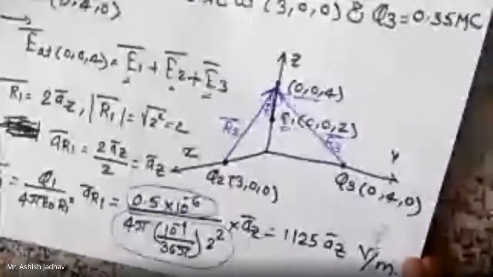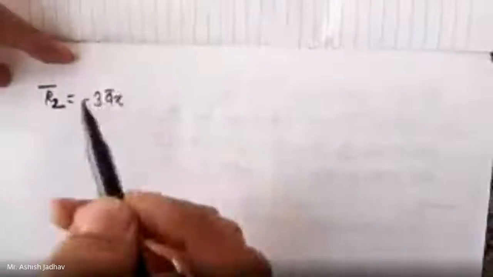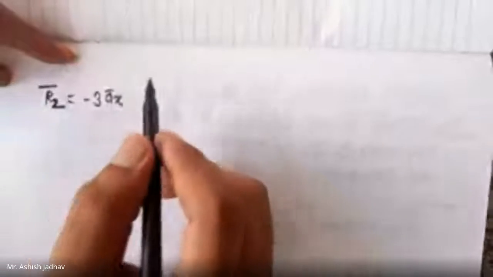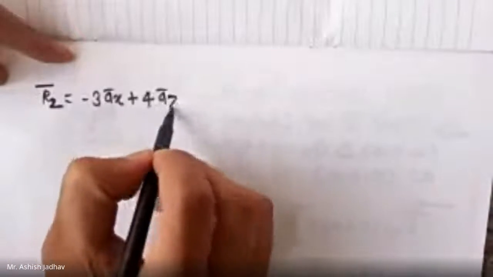सो E1 मिळाला. आता E2 याच पद्धतीने आपल्याला काढायचं आहे E2, राईट. सो टू कॅल्क्युलेट E2 यू नीड टू कॅल्क्युलेट R2. R2 bar is equal to. So you have the coordinates, you can find R2. R2 is equal to 0 minus 3 means minus 3 a bar x plus 0 minus 0, of course 0, y coordinate is 0, then 4 minus 0, so that is plus 4 a bar z. So this is the R2, right?